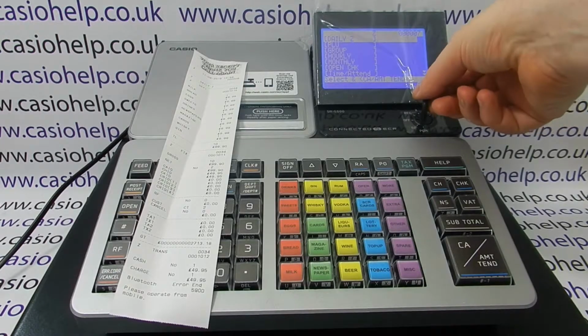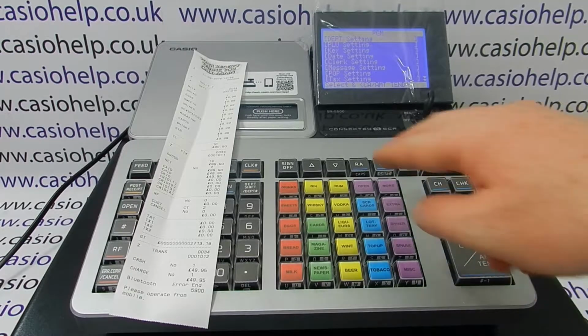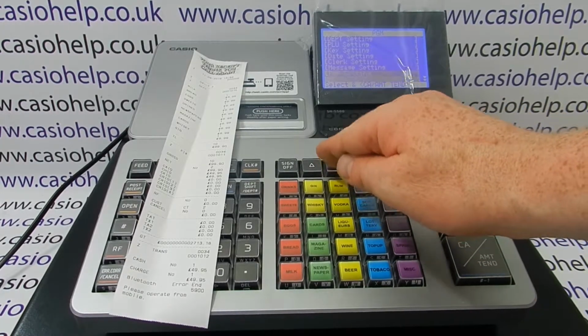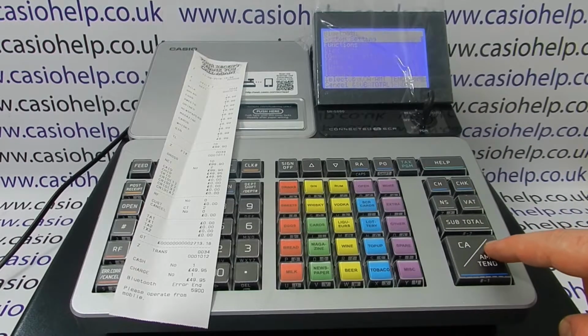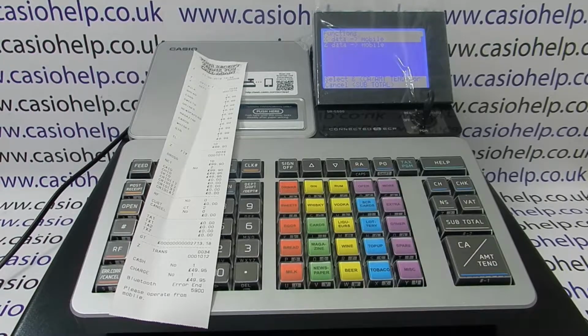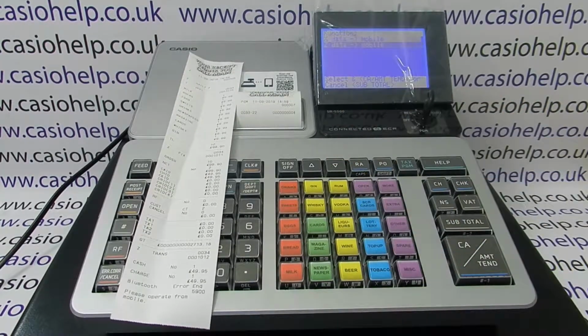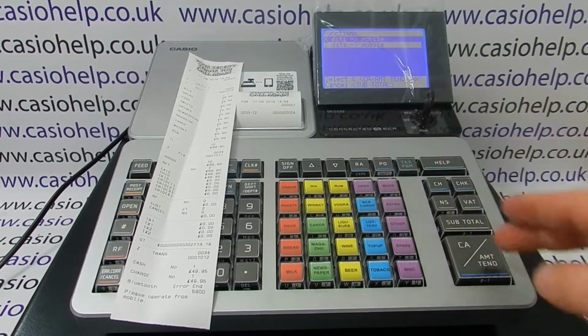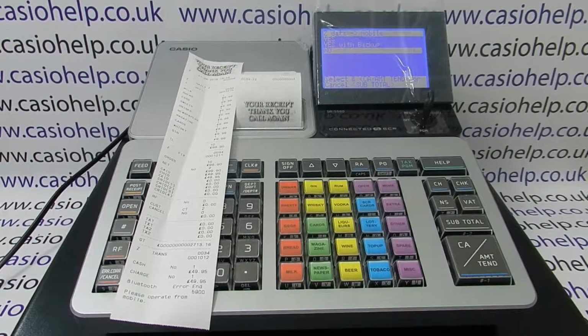So to do that, you need the PGM key, and you need to turn it around to the PGM position and then arrow down to Bluetooth. When Bluetooth's highlighted, CA amount end, and then into functions, and you've got X data to mobile and Z data to mobile. Both of mine are switched to yes, so I'm going to switch both off because I no longer want the Bluetooth. I just want to use the till in a normal way and run reports through the till. So you switch both of them to no,